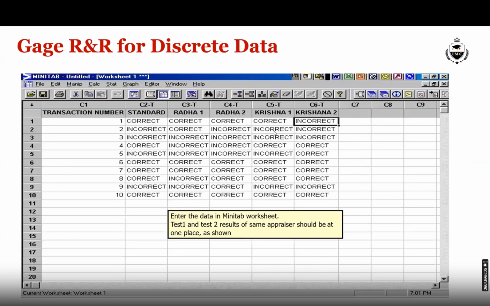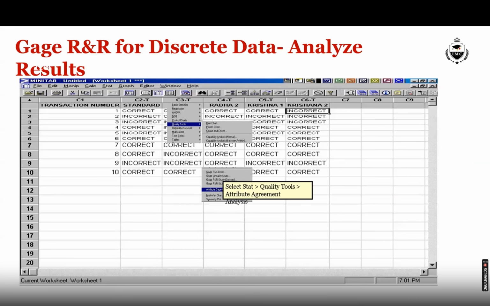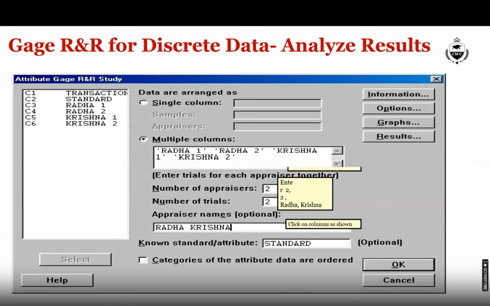So what we do, we enter the data as you see on Minitab. Then we select the Stat menu, Quality Tools, Attribute Agreement Analysis, Attribute Gage R&R, and then we get this menu.